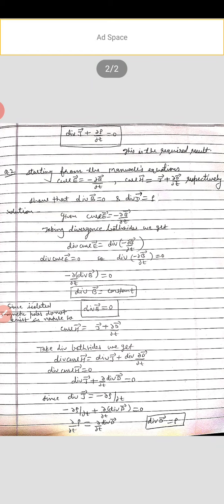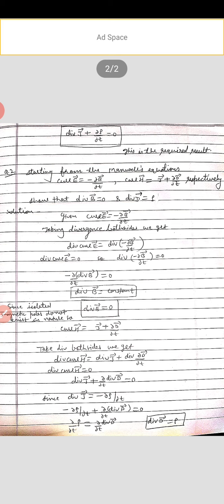Now, curl H is equals to J plus del D by del T. This is the fourth equation of the Maxwell. Now again take divergence on both the sides of the equation. We get divergence curl H is equals to divergence J plus divergence del D by del T, and again divergence curl H is equals to 0, and we get divergence J plus del D by del T, divergence D is equals to 0,